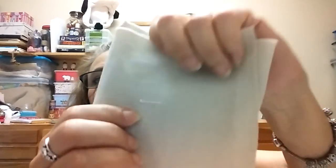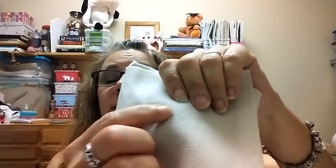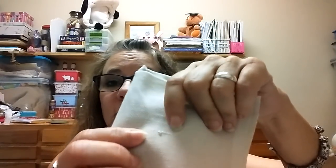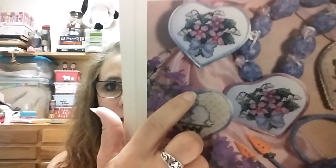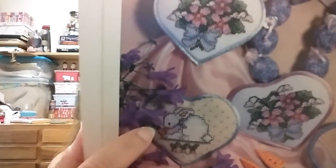But the first year I was trying to do it on this even weave with 2 threads, and you can see right there where I had started. I tried pulling them out, and I was just making a bigger mess and tearing holes in the fabric, so I put it away. And then last year I started stitching on it, and I got like the bunny's face and a little bit of this shading right around here, and I think his ears, but I hadn't filled in like the pink and stuff,